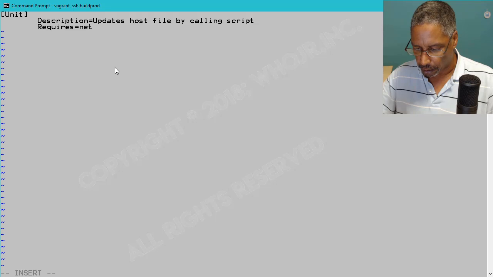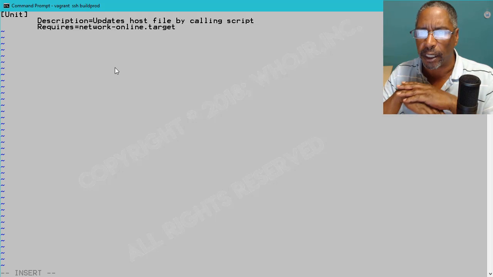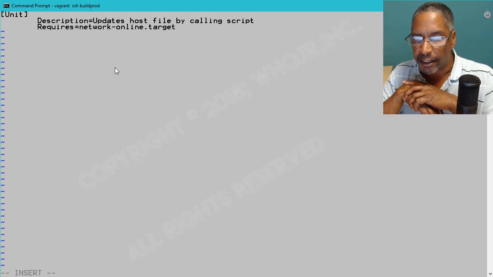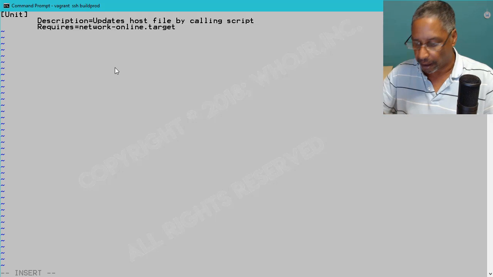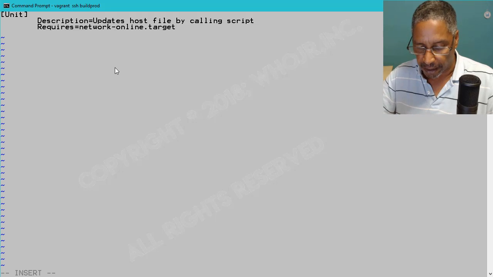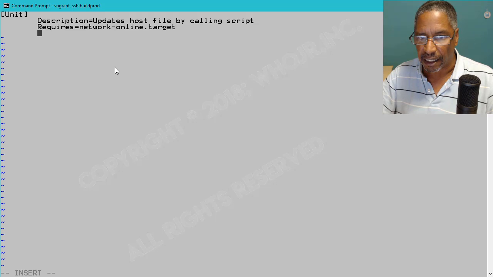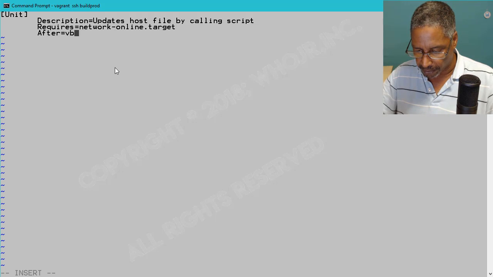the network online target. So whatever it takes to bring up the network, we're going to require that this target be completed, okay, or be activated, and once that is activated and returns, we expect to then require that this completes completely the VBox add